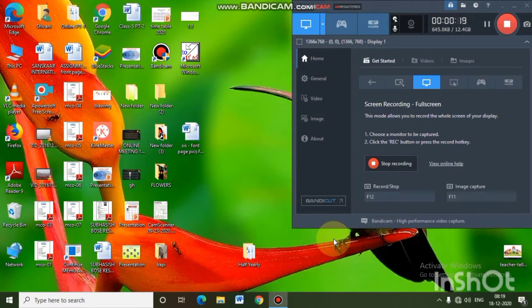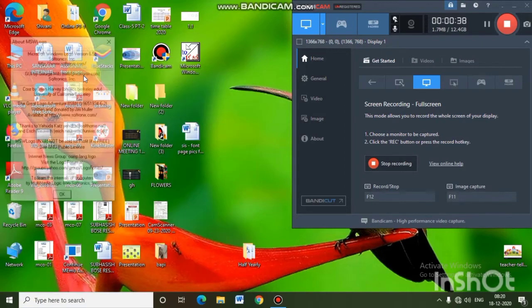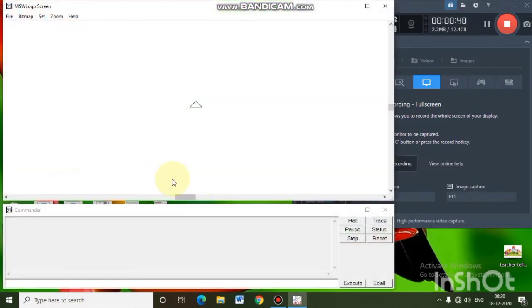So first we will open the Logo window. For that you can either use the icon given on the desktop, or you can click on the start button and click on the Microsoft Windows Logo option. So we will open it, click on OK, and the Logo window will appear in front of you on the screen. As you can see, we have two windows in here.